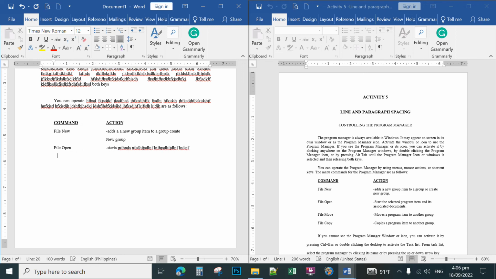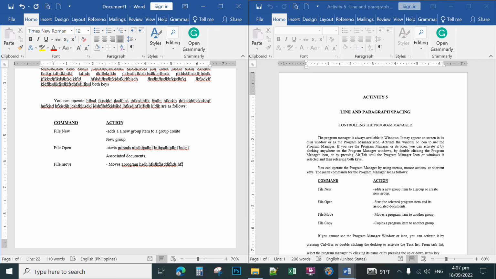Press enter and then press tab, tab, tab, tab to align and then Associate documents. Then press enter and type File, Move, press tab, tab, tab, dash, Moves program, continue typing,